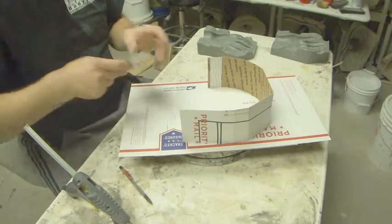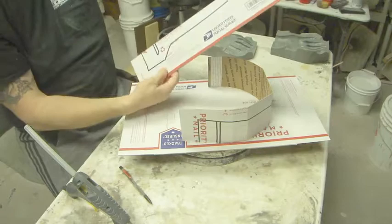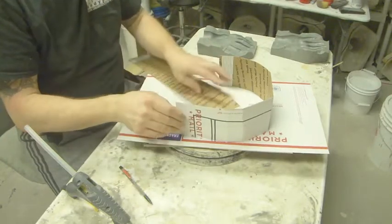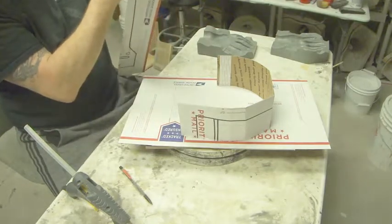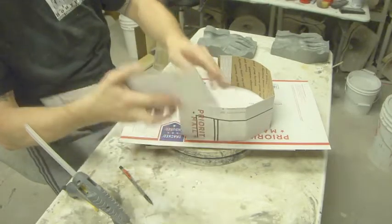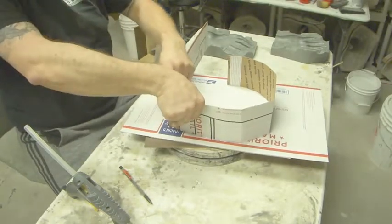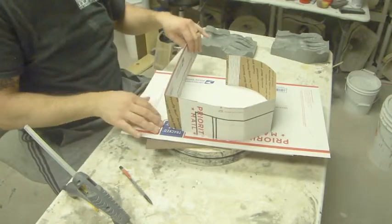So now I always like to, it's already got these folds scored into it, so when possible I always try and just utilize those, just because it's easy. So I'm just going to pull both of these off. You don't necessarily need to put sticky to sticky. It would work just as well this way, but because I'm going this way, I'm just going to be doing it that way. It will give a stronger bond, but it's not necessary. We're not going to be doing it up here because